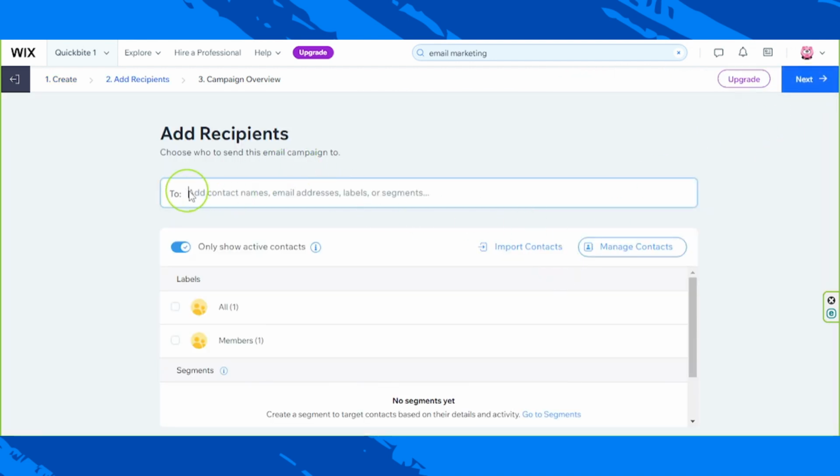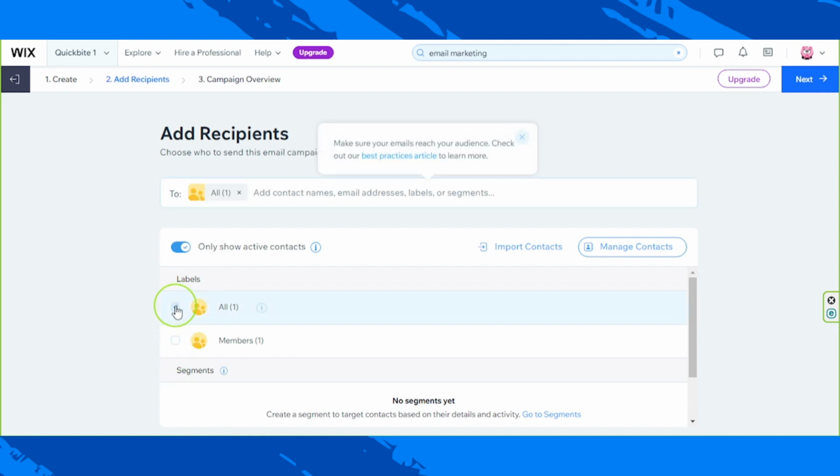Now input the contact names or email addresses of your recipients. You can also select from groups or folders already over here. So all, for example, which means everyone on your contact list. However, if you haven't created a contact list yet, you can click on Import Contacts and import your contacts. Once you're done, click on Next,